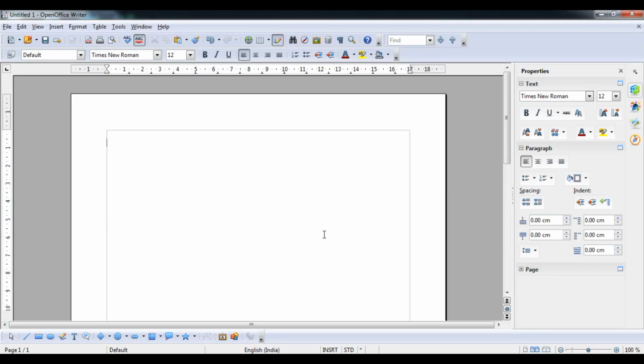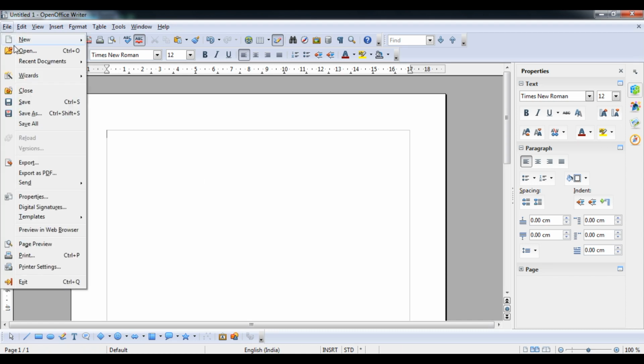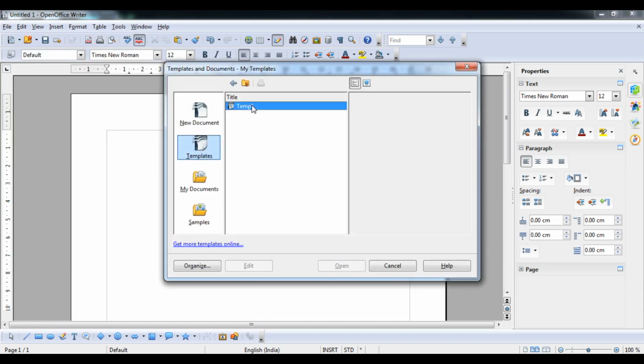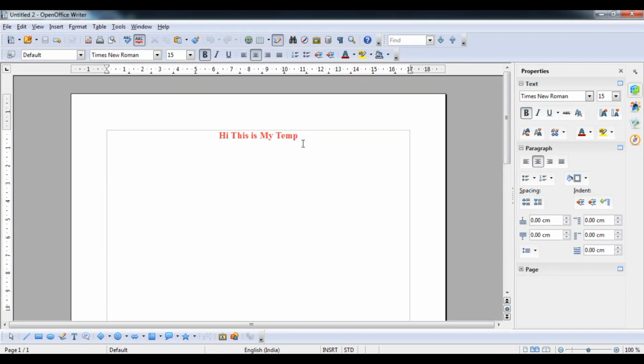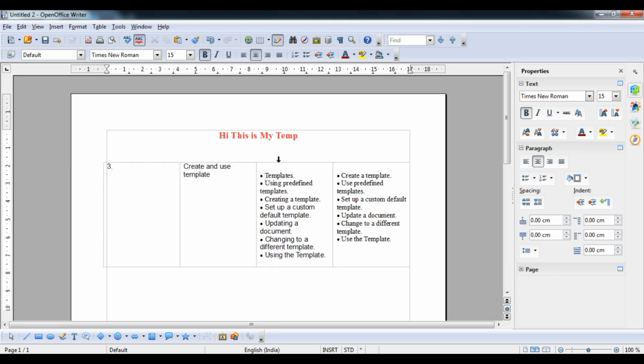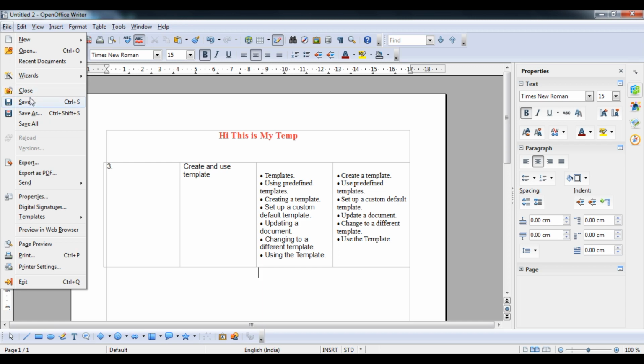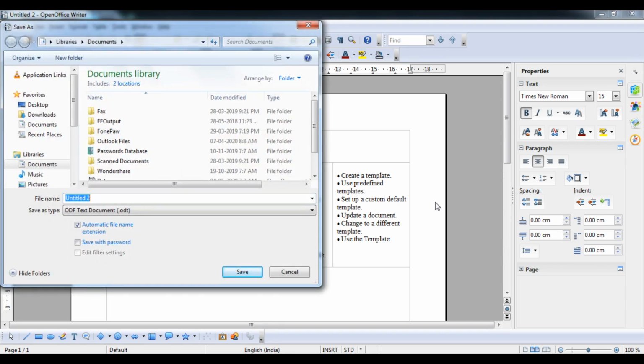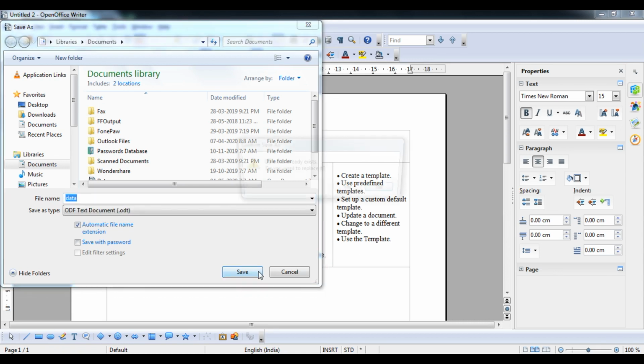Okay, so what we are going to do students, we are going to open a particular template. So we have to open a template. Okay student, so we are going to apply it. Now what you will do, enter and then paste it. So now you can see I have applied our template in a document. Okay student, and now you can save it. Now go to the Save option and then enter the data, press OK and press the Save option.